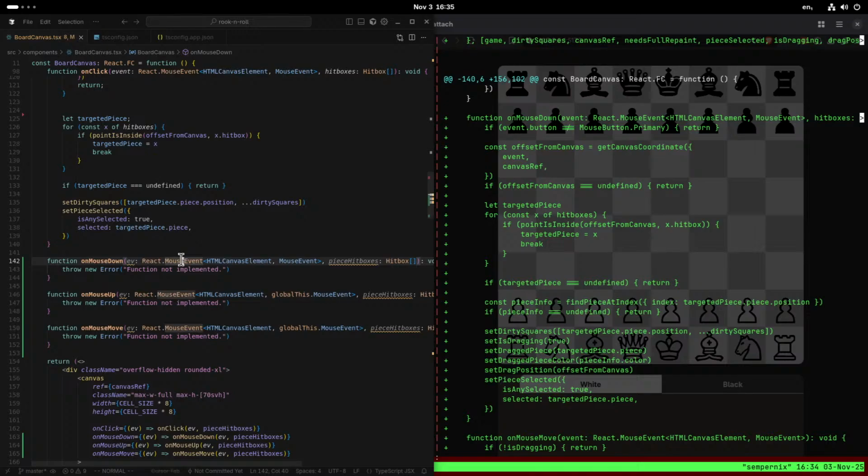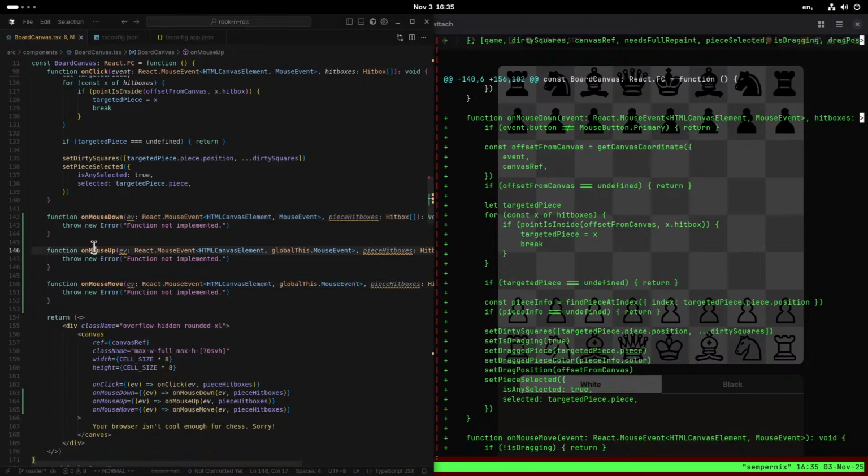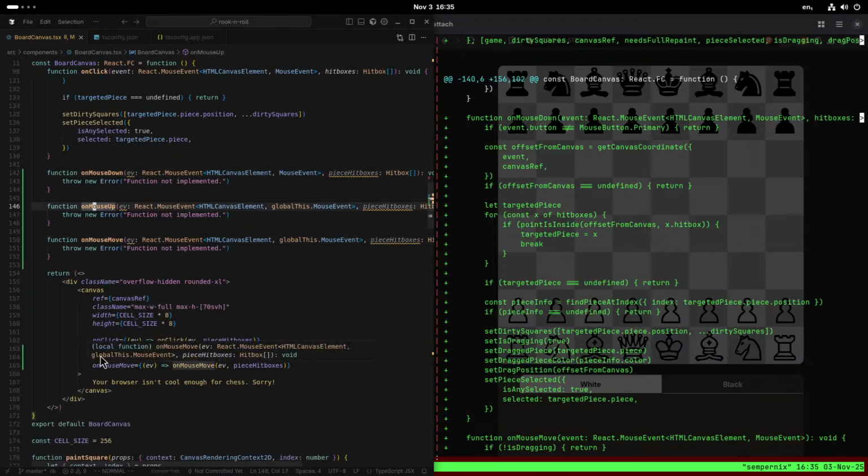Now I don't know if all of them need access to piece hitboxes. In fact, it might only be mouse down or mouse up. But we're going to have it for now, just like that. You can always remove it later, right? Okay. Now then,